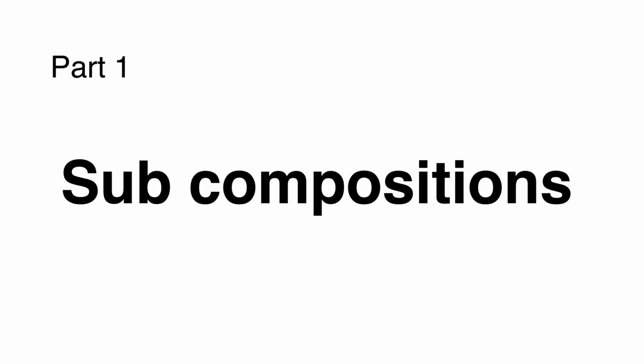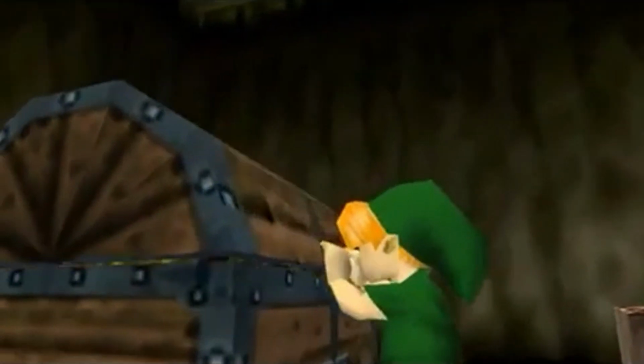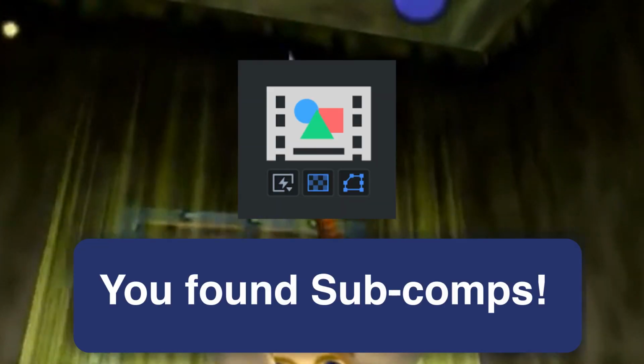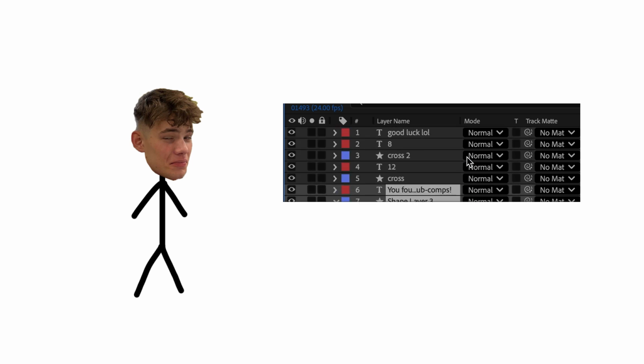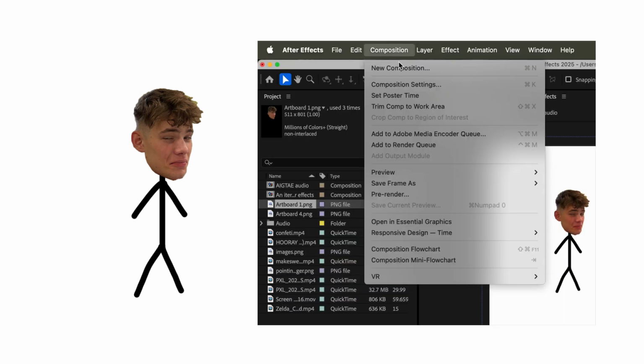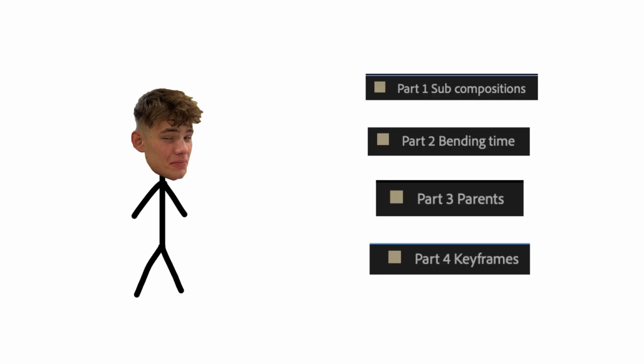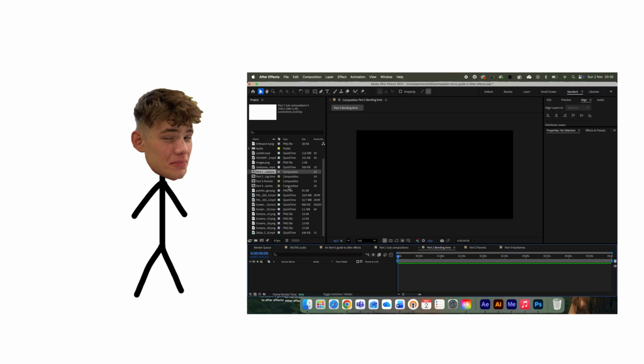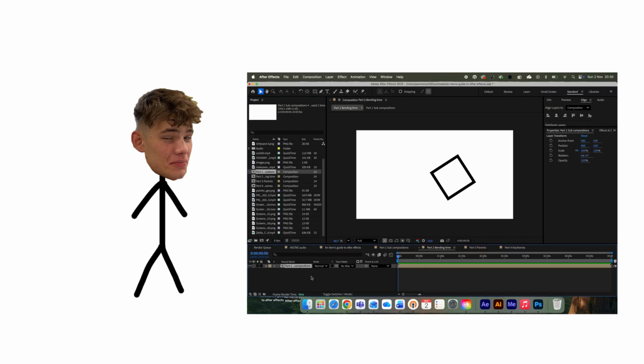Part 1, Subcompositions. I'm not exaggerating when I say that I recently discovered the concept of subcompositions and I now love them to a probably unhealthy degree. They're just brilliant. Is your main composition looking a bit too messy? We'll just make some of the animations in a separate subcomposition and boom, look at all that, they're all nice and tidy now. Well done. Plus, now you can reuse these animations in extra compositions if you're having to repeat certain stats or have visual